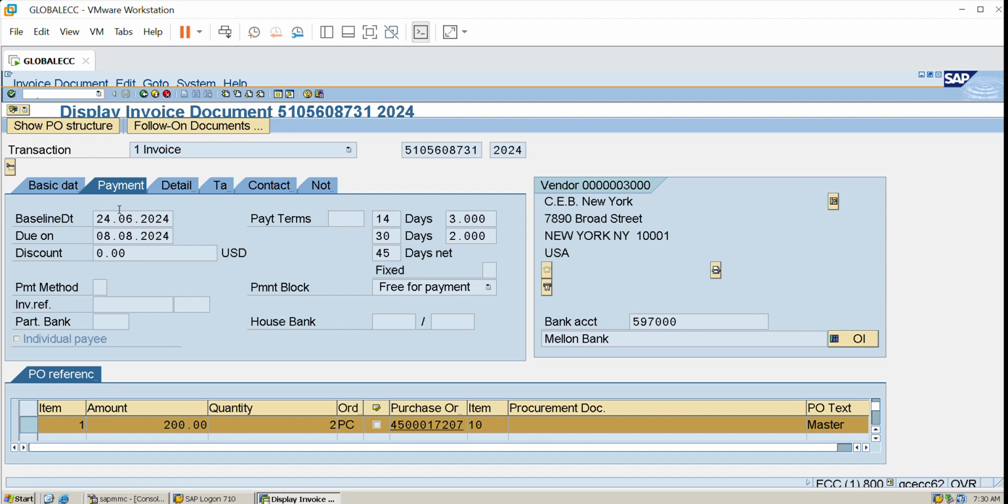I have given this. It may be a previous date also. We have taken today's date. Let's say I have taken 1st June. From 1st June, and in vendor master, whatever payment terms I have selected will be appearing here, right? 14, 30, 45. So 14 days means it is calculating